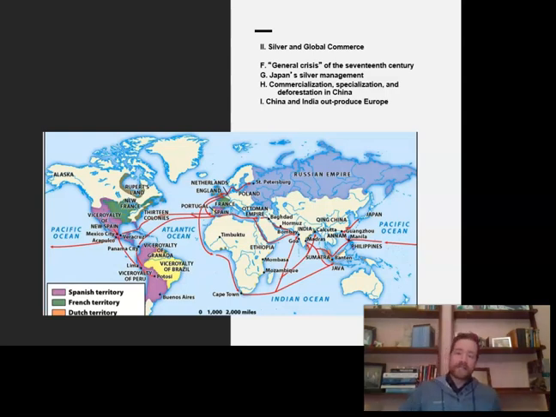And really what we see as a result of this move towards a more globalized system of trade, particularly with silver, is that the center of trade exists in Asia. Europeans could not outproduce their Asian rivals. The Spanish elite in the Americas bought Chinese silk for substantially cheaper than Spanish silk. British consumers preferred less expensive Indian cottons to British textiles, and the writing was on the wall. Asia would be the center of trade in this time and period.